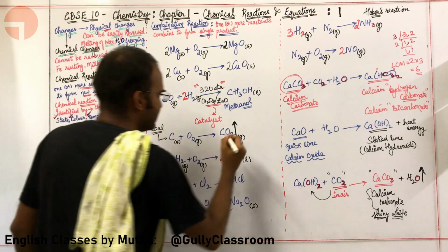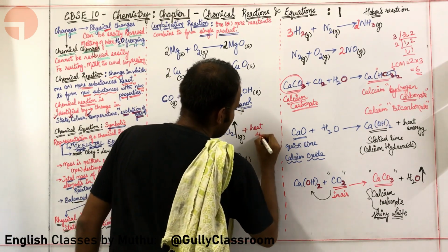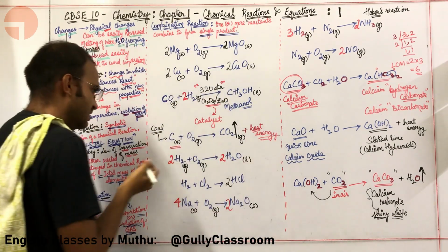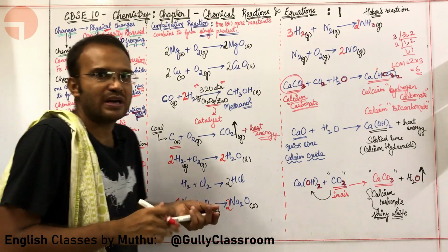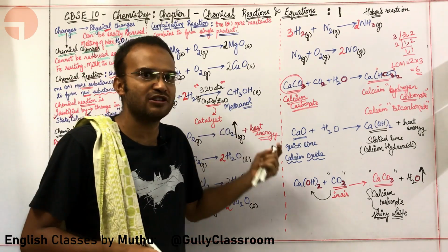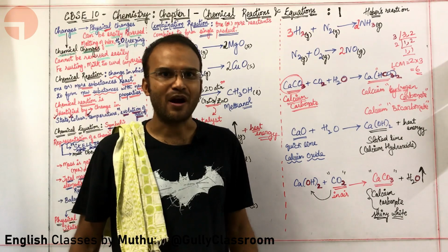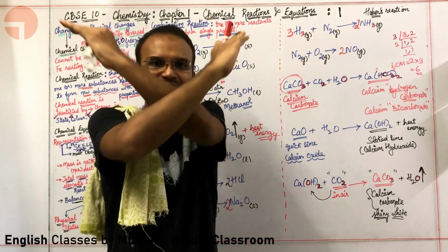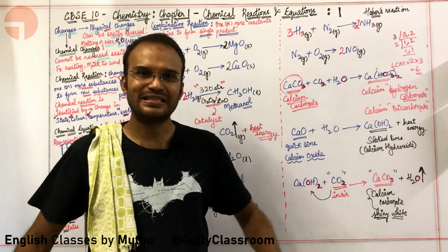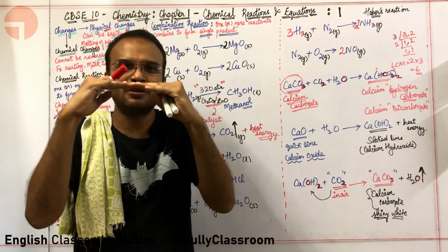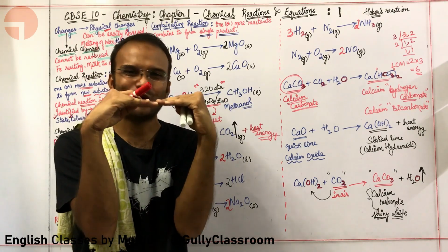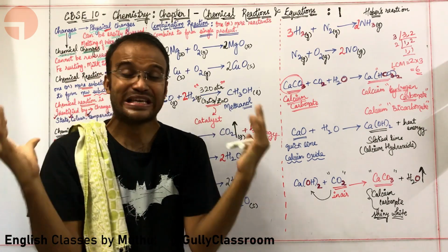Also, you need to add plus heat energy over here. Why, sir? Burning of coal is an exothermic reaction. A lot of heat will be released. Whenever you are writing an exothermic reaction, you need to put plus heat energy along with the product, because heat energy is also a product. What is an exothermic reaction? When heat is released, it is called an exothermic reaction. And endothermic reaction means heat is absorbed. Doesn't this look like an N? When I say endothermic reaction, my hands, don't they look like an N? Endothermic reaction means heat is absorbed.